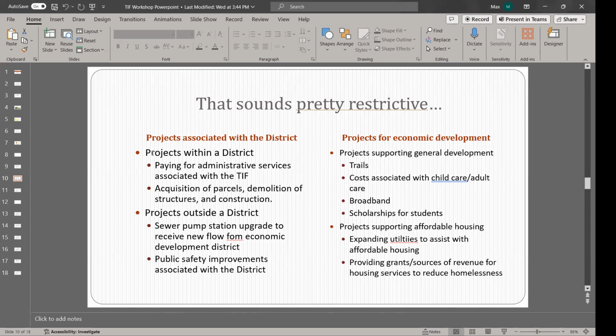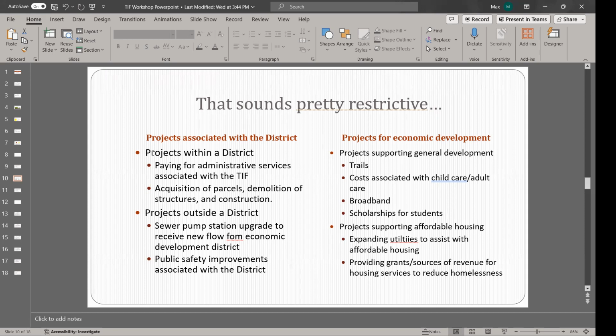Or if you're willing to not take the credit enhancement, you build your hotel, and we promise we will use that revenue from your property to extend the sewer and water out there. So you don't have to have a credit enhancement. You could select a parcel that is, as I said, very ideal for development. And if a developer says, well, I'd love to do it, but I need this or that at my property, you can use the TIF revenue in other ways to not do a credit enhancement if you want.